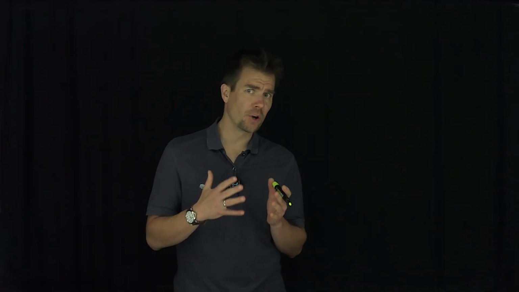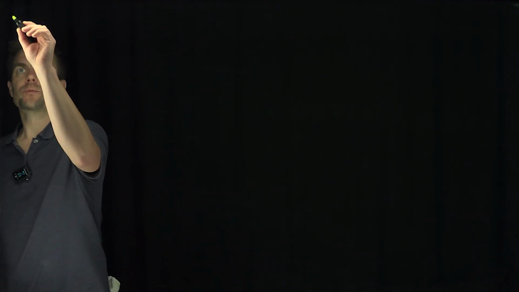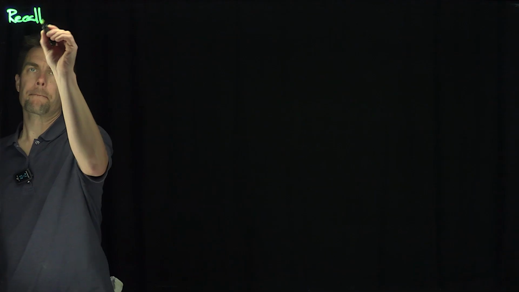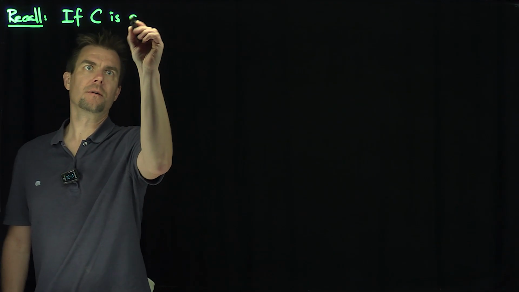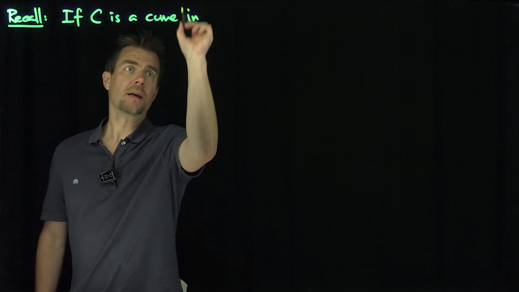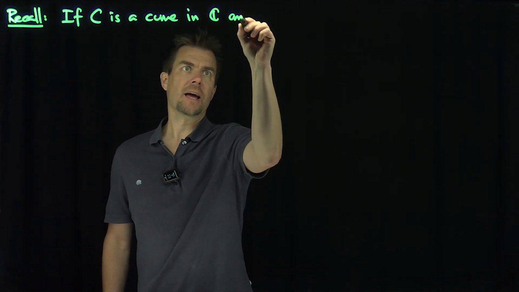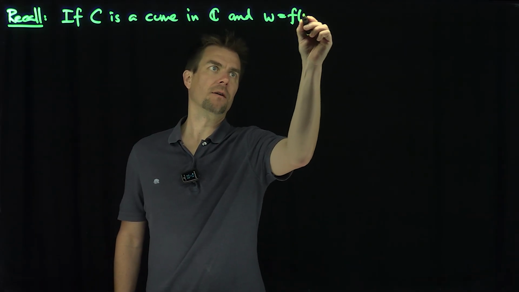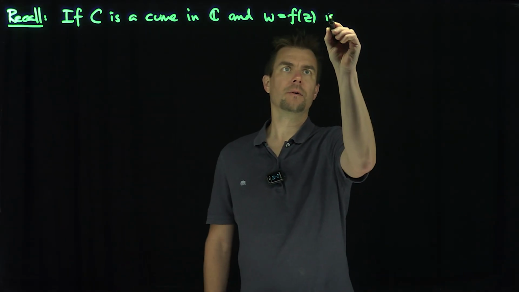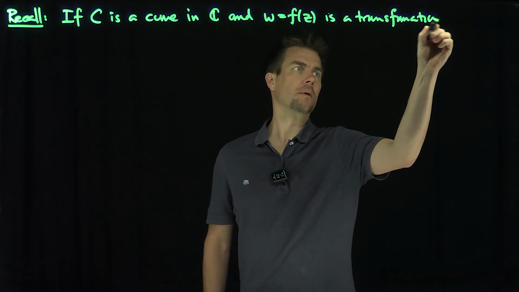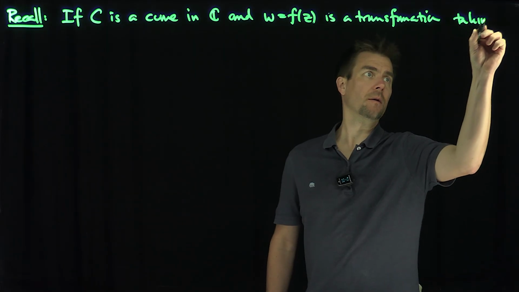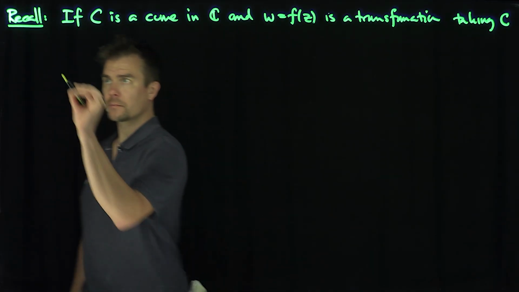Hello students, in this video we'll introduce the idea of a Schwarz Christoffel mapping which maps the upper half space onto a polygon. So let's recall, if C is a curve in C and w equals f of z is a transformation taking C to gamma,